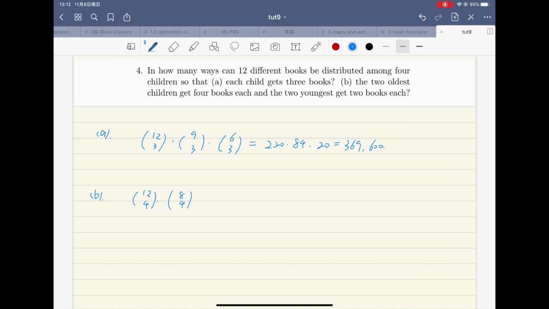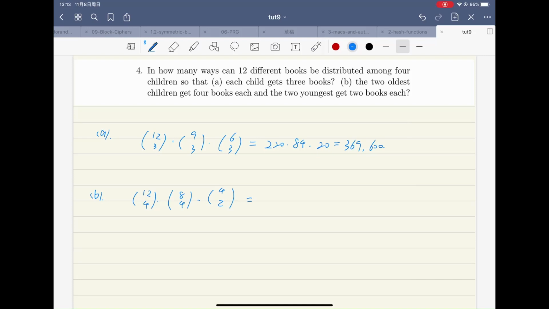We have 12 choose 4 and 8 choose 4 for them, and we have 4 remaining, and the youngest got 2 books each. So for the youngest one, we have 4 choose 2, and the last one takes all the